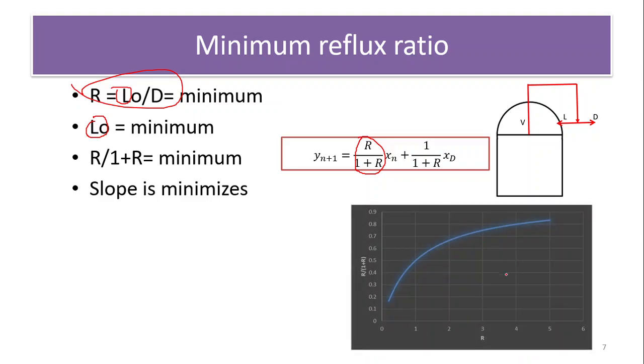If you reduce the R value, automatically the slope value decreases. So to minimize the R value, the slope will also decrease. And if the slope decreases, it means tan theta decreases and theta decreases. The angle will get lower and lower. That is, the enriching operating line equation will have a lower slope as compared to a higher value of reflux ratio. So what will be the effect of this condition?